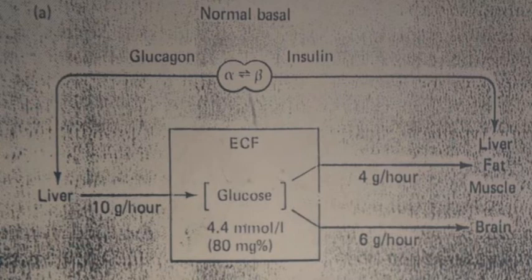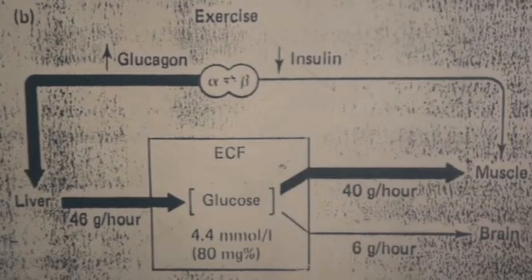You see, from the liver, 10 grams of glucose comes. And the normal plasma glucose level is 80, we say usually 90 to 100, but here 80. 4 grams per hour goes to liver, fat, and muscle cells, and 6 grams into the brain. And normal insulin and plasma